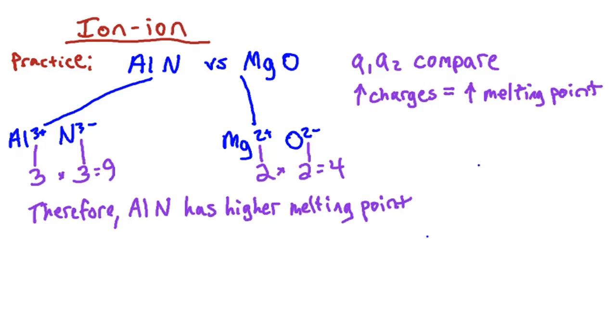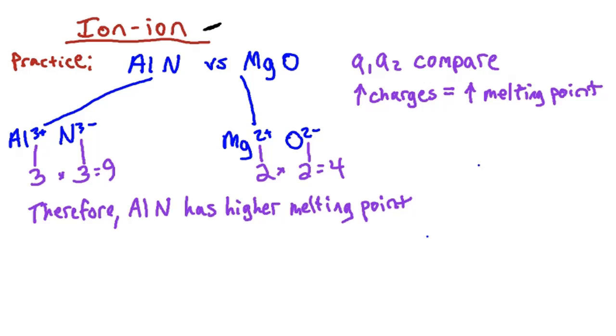So ion-to-ion interactions, again, we're talking about intermolecular forces here. And intermolecular forces are the forces that connect the molecules together. So what forces connect which molecules together is what we're looking at. And right now we're talking about ion and ion interactions. So this is when a molecule made from an ionic bond is connected to another molecule made from an ionic bond. And we can discern which one has the higher melting point by just multiplying the charges on each of the